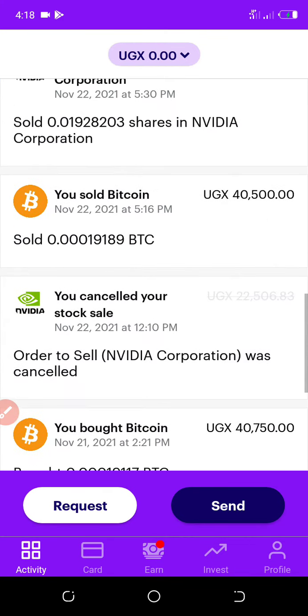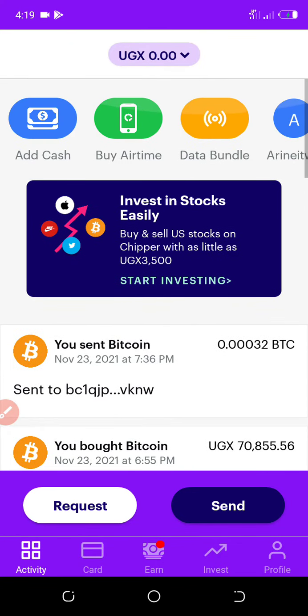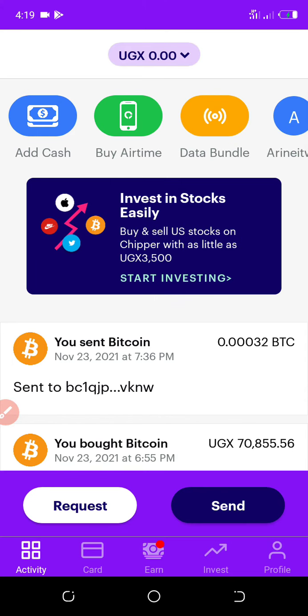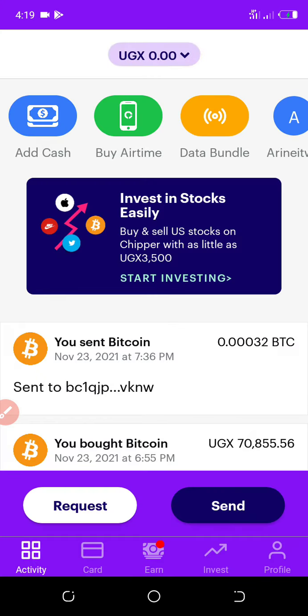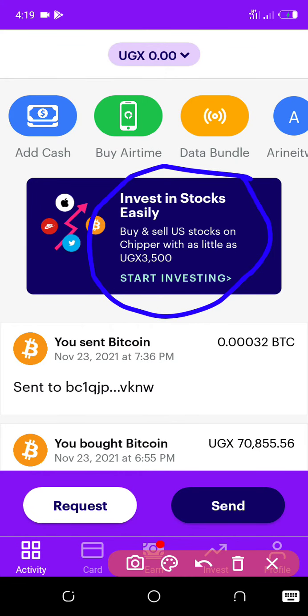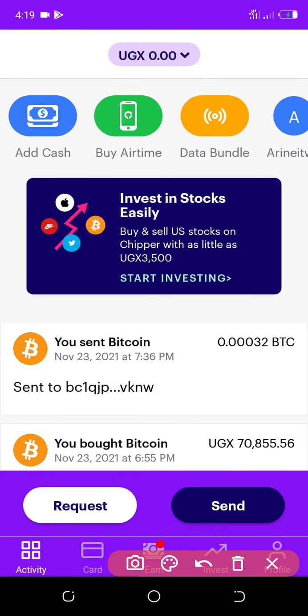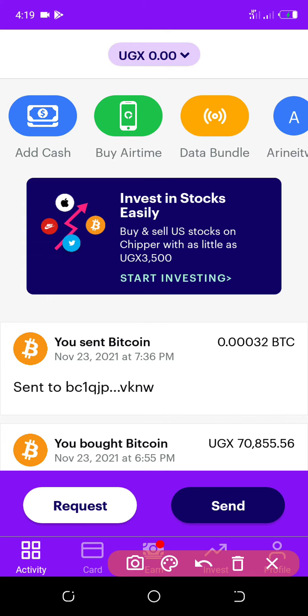So today I'm going to teach you everything that you want to learn. If you want to deposit, go on add cash. If you have not seen that, go on add cash. Since it is blue, let me use the red color. This is the button of add cash. Click on that button,